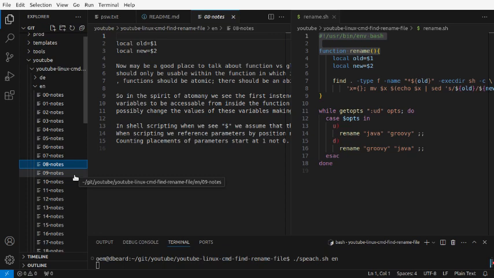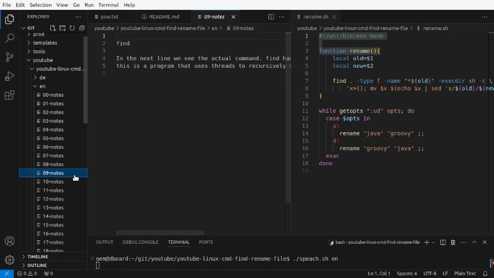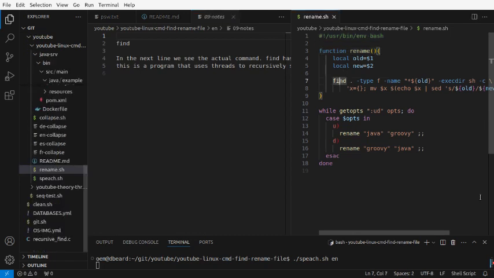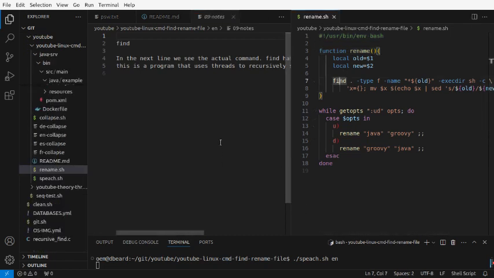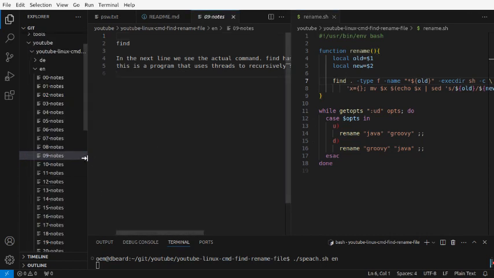1 means the first parameter passed. Counting placements of parameters start at 1, not 0. Find. In the next line we see the actual command find has already been identified, but to reiterate, this is